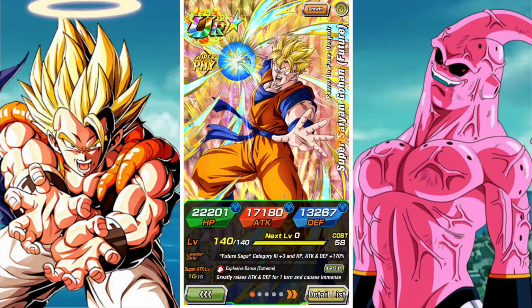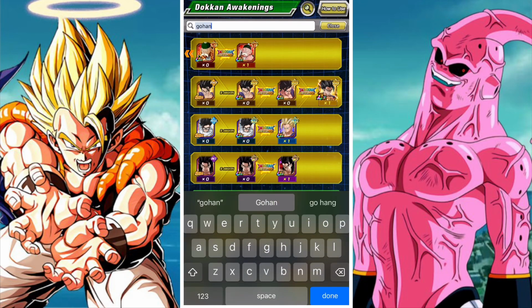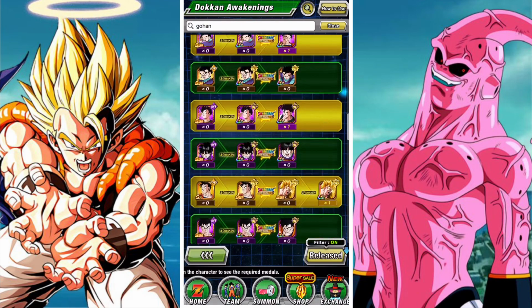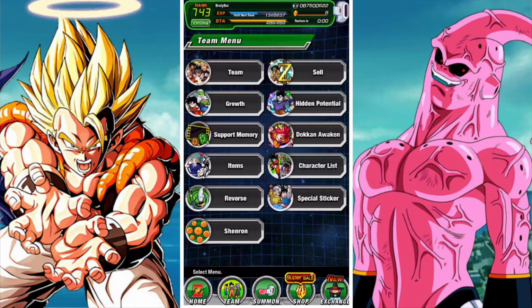Then you have Future Gohan. Future Gohan, obviously, you can have two forms, his base form from the event and his Super Saiyan form if you Dokkan Awaken them. The Super Saiyan 1 is useful for the physical Gohan I just showed you, but the base form is good for the future Gohan as well. So, pretty straightforward,